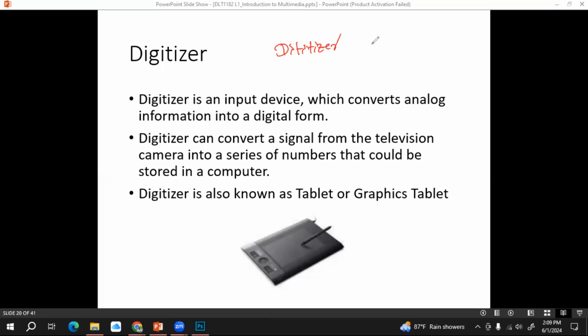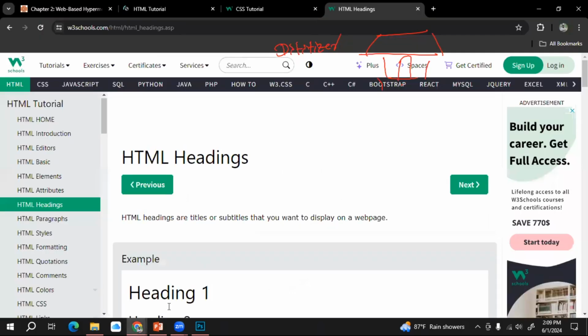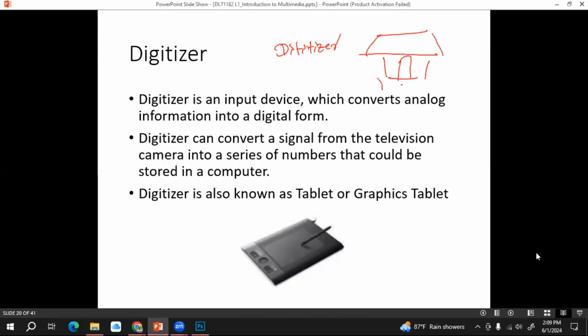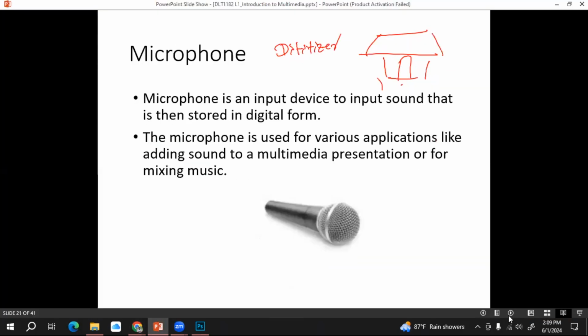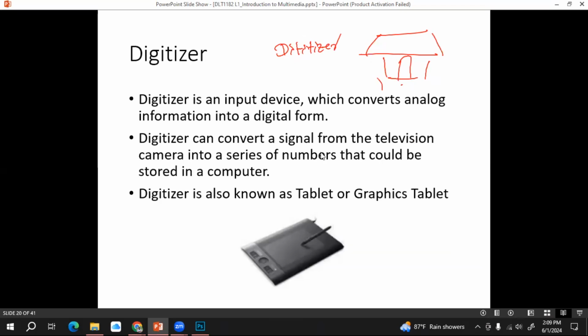And then I can draw some images, some drawings, right? Or I can use this device as the mouse cursor, right? I can control my slides using the digitizer, right? This is also taken as an example for an input device.